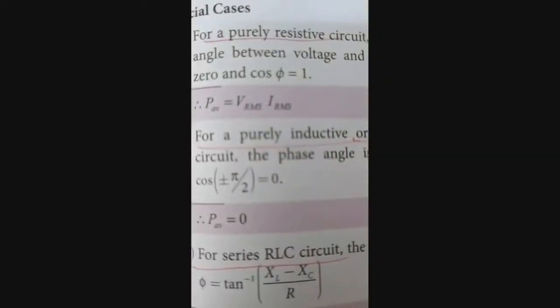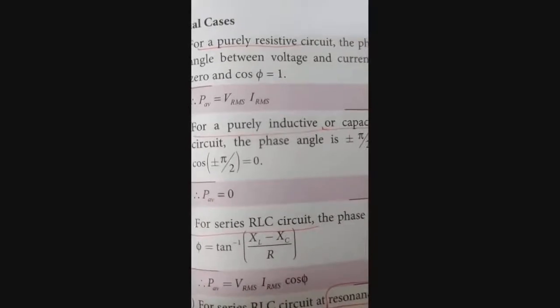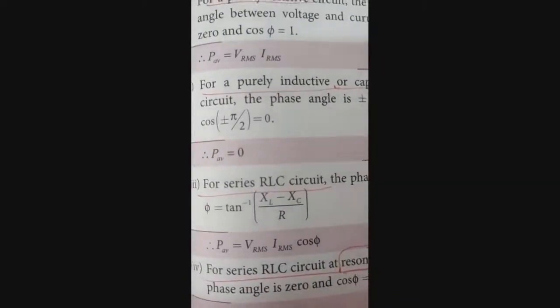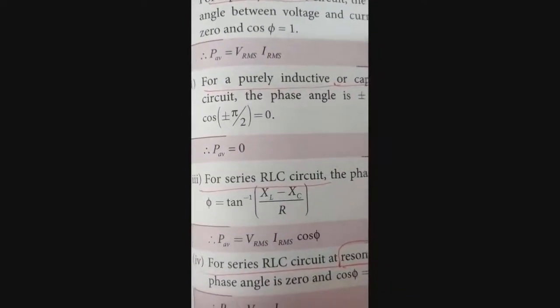And P average, you take this equation, P average is equal to Vrms Irms cos phi. When you see this, cos phi is equal to 1 for a purely resistive circuit because the angle is 0. For a pure resistive circuit, the phase angle between the voltage and current is 0, and so here P average is equal to Vrms Irms. When you take purely inductive or capacitive, the phase angle is plus or minus pi by 2. You know cos of plus or minus pi by 2 is equal to 0,